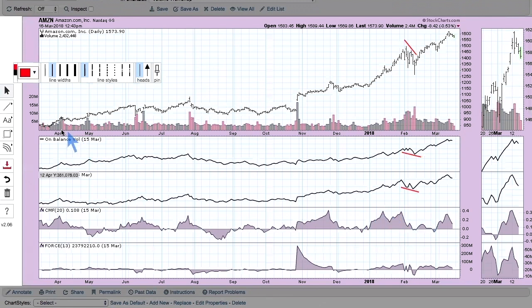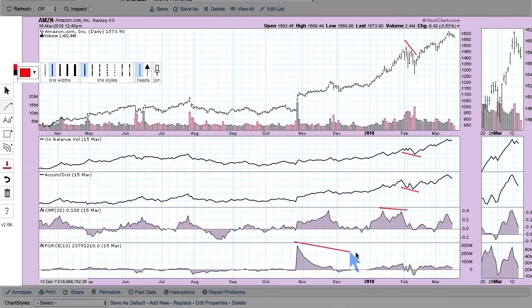We couldn't use these as far as our divergence because we didn't see a zero line cross here. So you look over here at the force index, and if we're connecting tops, for example, we can't connect this one with that one because we haven't had a reset in between. So you're looking for the reset. So we can compare this one to this one because we've had a reset or two in here.